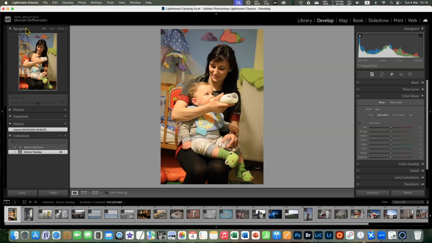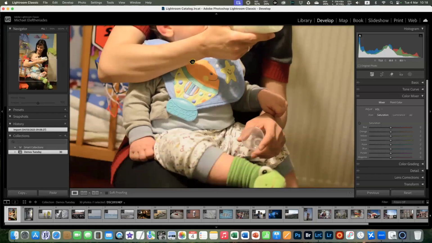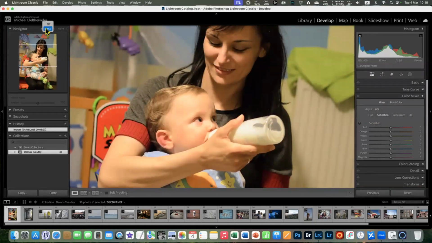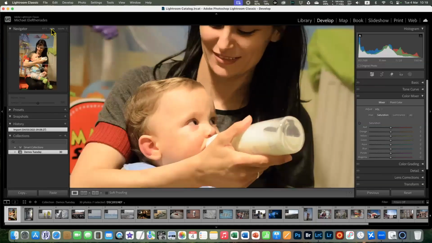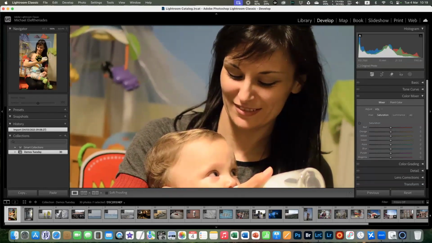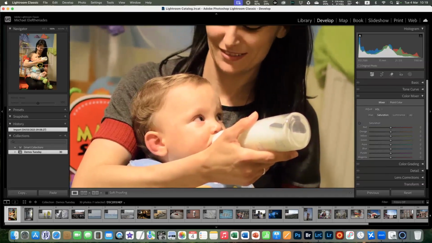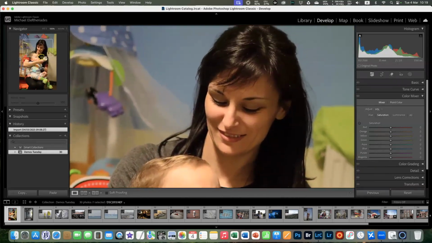Now, the first panel here is the navigator. This shows you an overall preview, if you like, of your picture. And we have the fit and fill. Fill fills it to the edges, but of course we can't see the whole image. Fit basically fits it to the available size. If you want to click to 100%, it's the middle one. So now we're looking at the picture at 100%, this depends obviously on the size and resolution of your screen. And then we can drag the window that we see on the left-hand side to see a specific part of